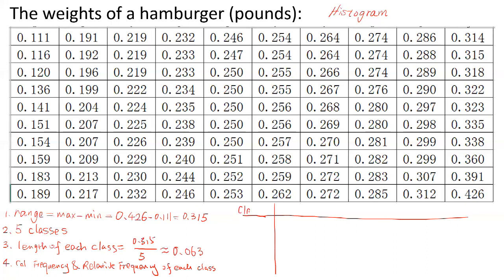The first column is class. So the first class would be 0.111 to 0.174. The second class would be 0.174 to